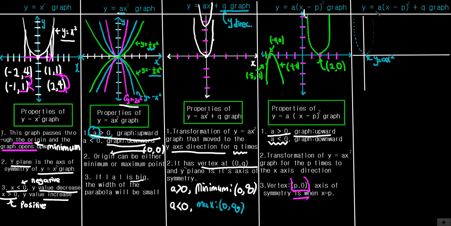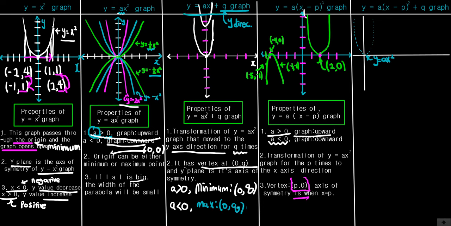y is equal to a times x minus p squared plus q graph also starts from the y is equal to ax squared graph, but this graph is the addition of the graphs y is equal to ax squared plus q and a times x minus p squared. So for the y is equal to a times x minus p squared plus q graph, we already know that a